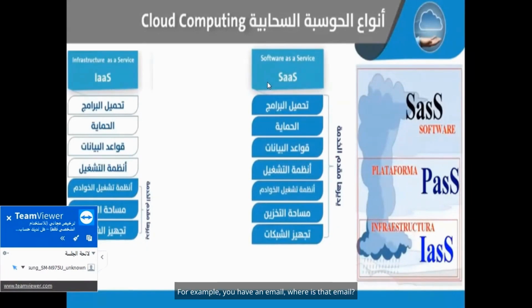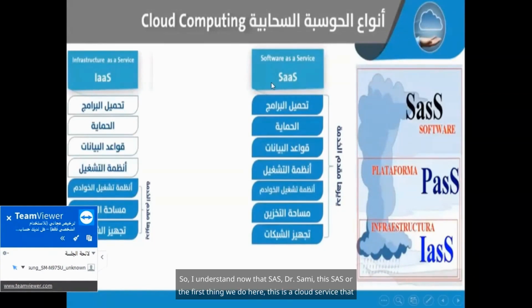What does that mean? For example, you have an email. Where is that email? It's on Gmail, for instance. The email, did you create the system for it? No. Did you set up the systems for it? No. Did you set up networks for it? No. Did you create its database? No. Did you set up its security? No. So I understand now that SaaS, Dr. Sami,